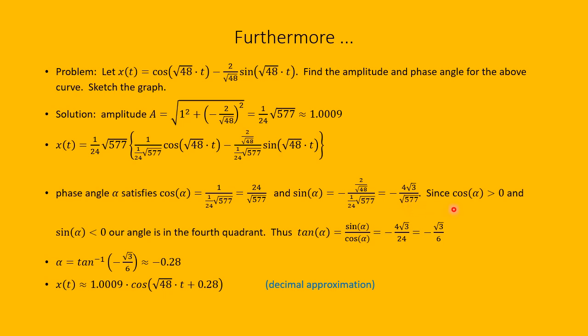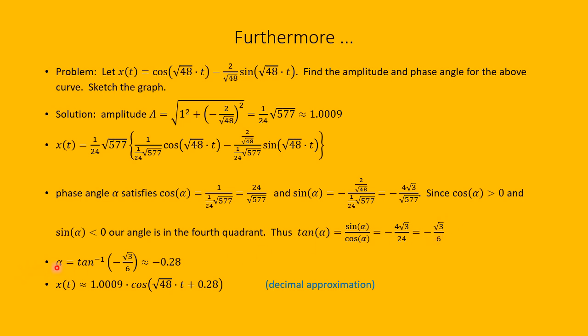The cosine of alpha is positive, the sine of alpha is negative, so that tells us our angle alpha is in the fourth quadrant. So we can compute alpha by noting that the tangent of alpha has to be sine of alpha over cosine of alpha,